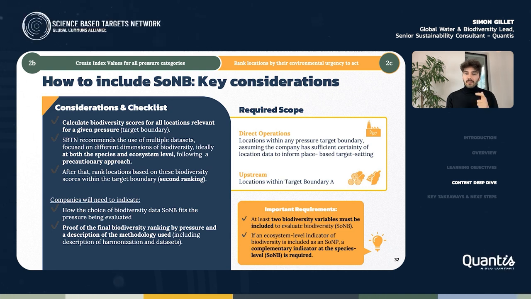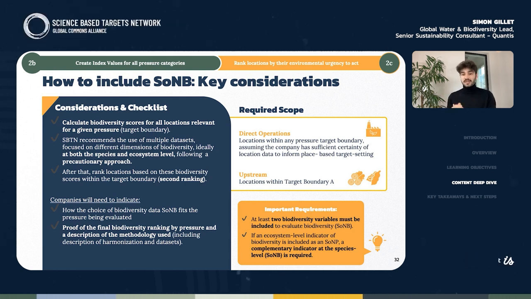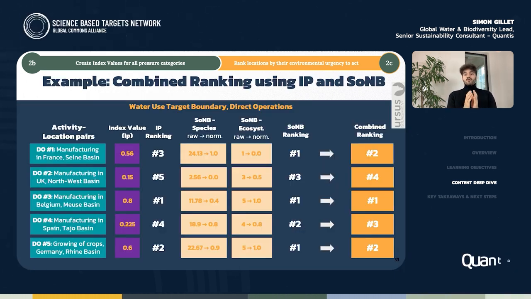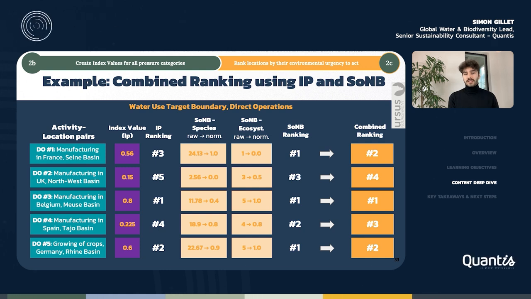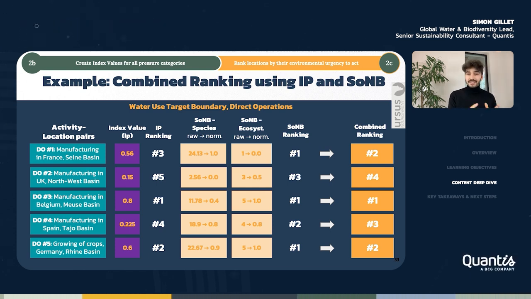Note that when using multiple metrics on biodiversity in the value chain assessment, companies will have to harmonize and normalize the data before combining into a single state of nature on biodiversity dataset to use it in the ranking process. So if we use an ecosystem integrity index indicator and one on species, we need to combine both together. Remember, ranks for all locations within each target boundary are only finalized once the company introduces the biodiversity state of nature indicators, and evaluates the respective rank for each site according to both the pressure index and the